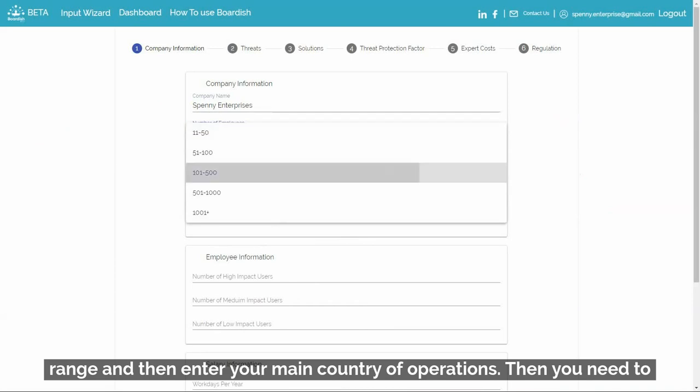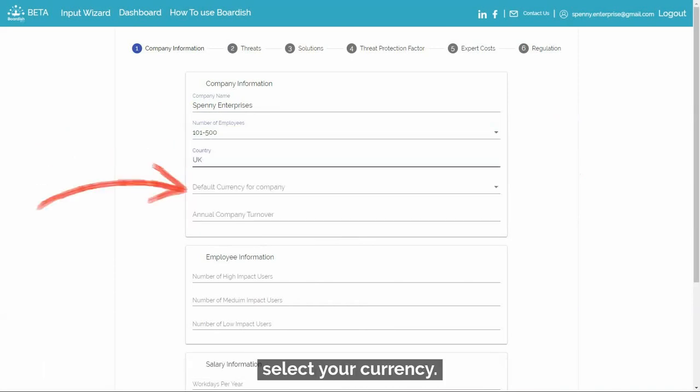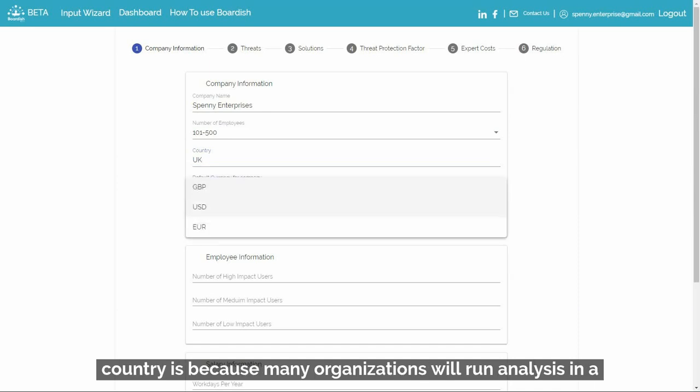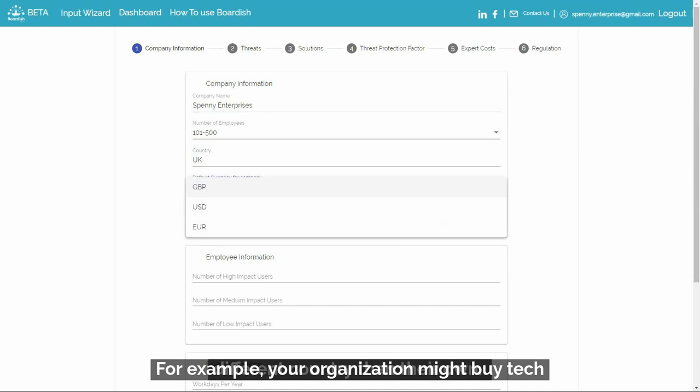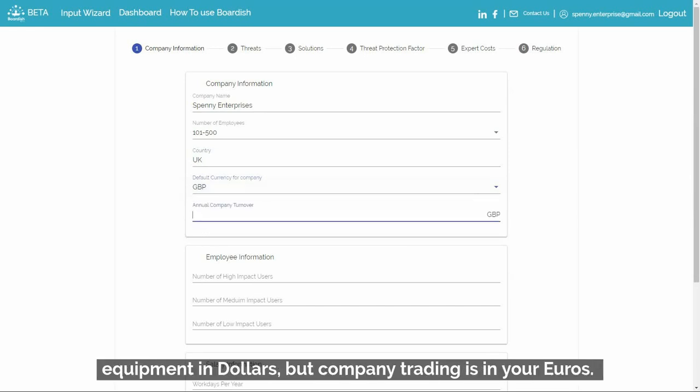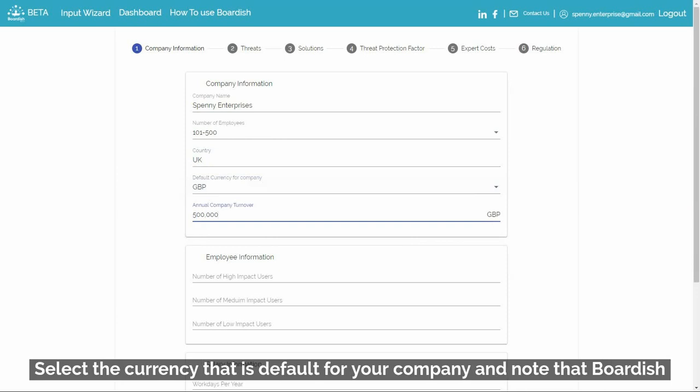your main country of operations. Then you'll need to select your currency. The reason this is not automatically populated when you select your country is because many organisations will run analysis in a different country other than their own. For example, your organisation may buy tech equipment in dollars, but company trading is in euros. Select the currency that is default for your company, and note that Boardish currently only supports British pounds sterling, euros